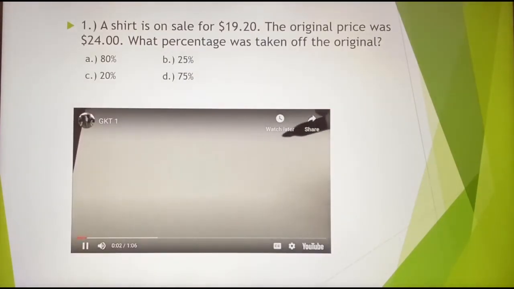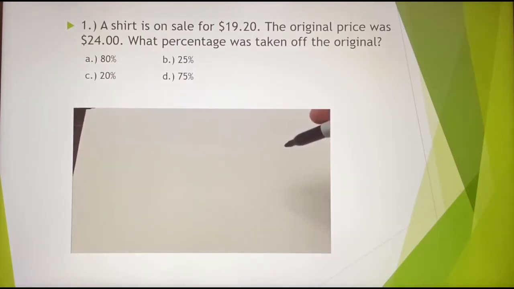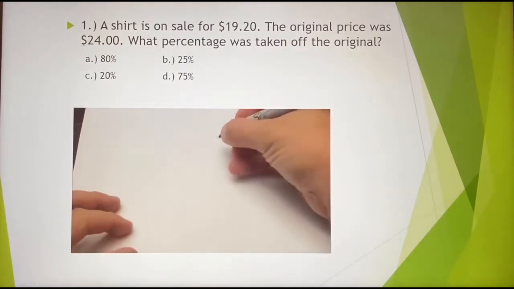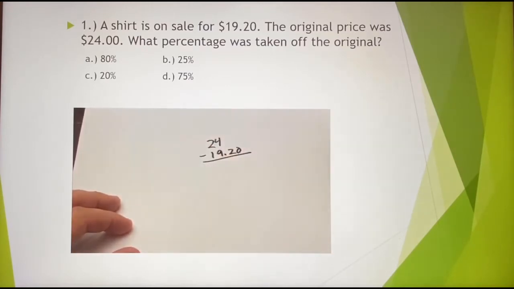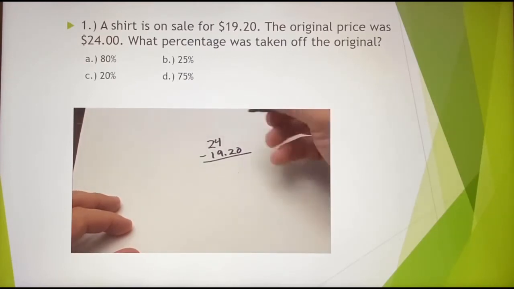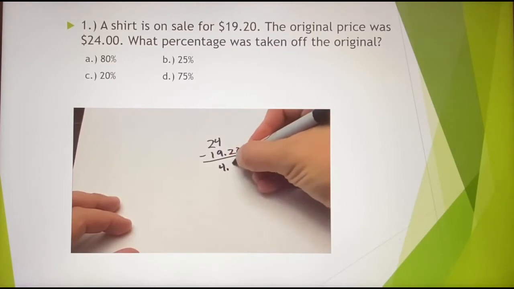Okay, so to find the percentage that was taken off the original, what I'm going to do first is just find out how much was taken off, what the actual discount was. So I'm just going to subtract the sale price from the original price, and this is going to give us